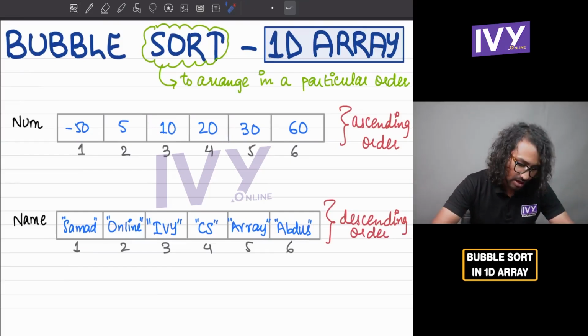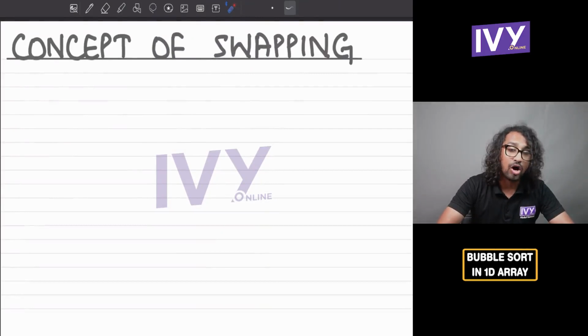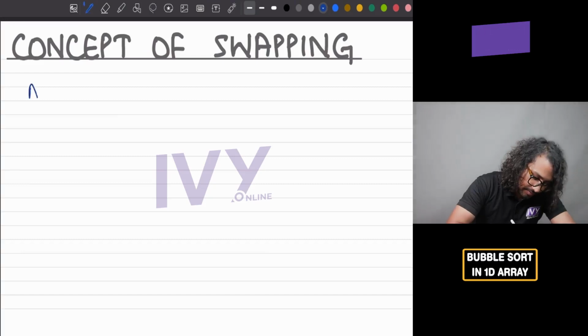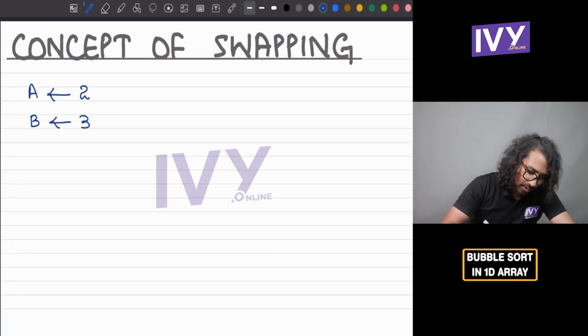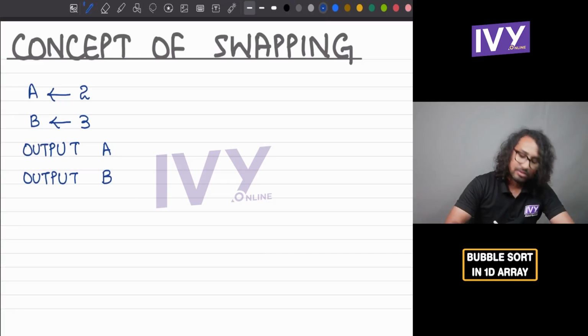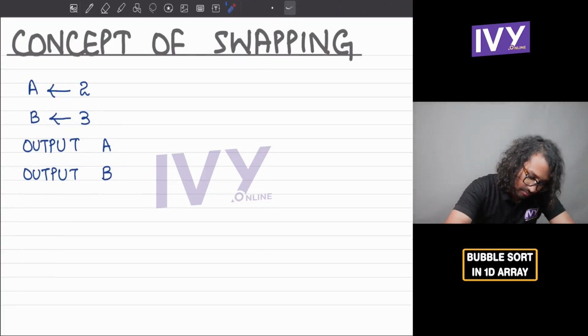Okay. Now let's come towards the first thing that you need to understand, that is the concept of swapping. For instance, if I say that A has a value of 2 and B has a value of 3, and now I write output A and then I write output B, the thing that should be printed on screen should be, I'll make a line over here